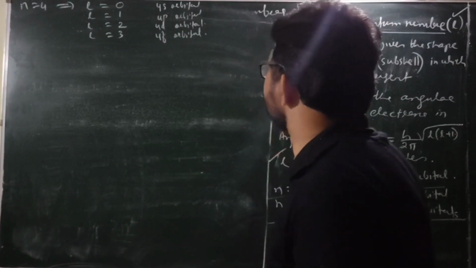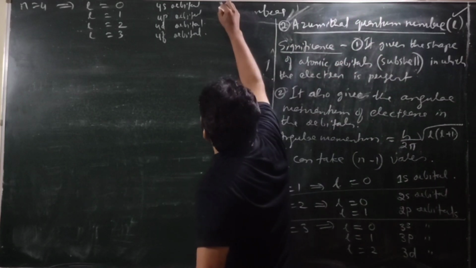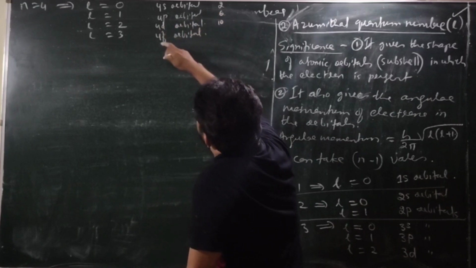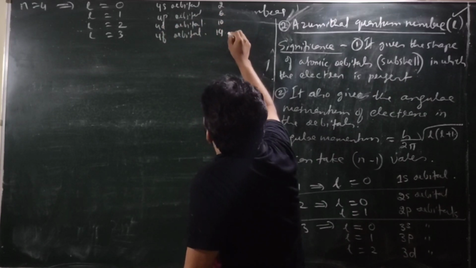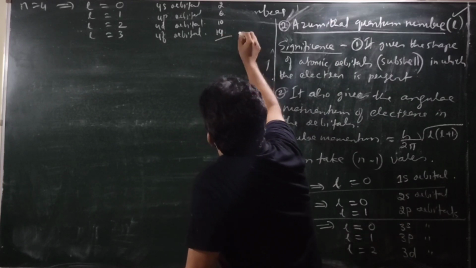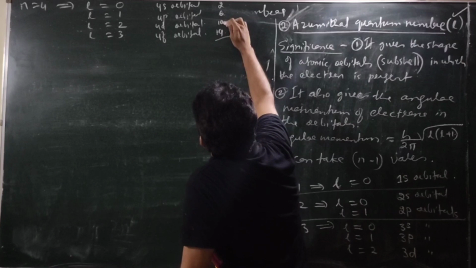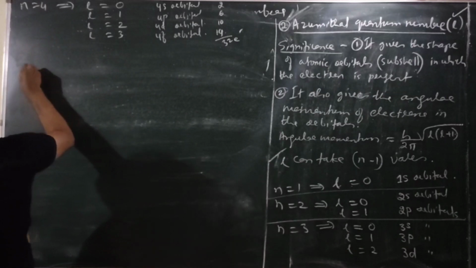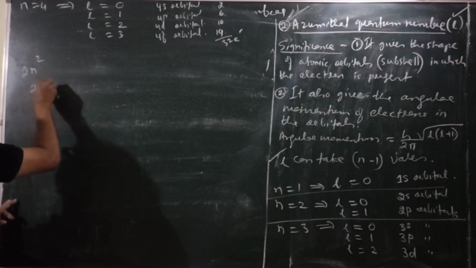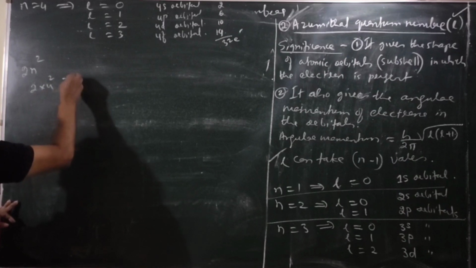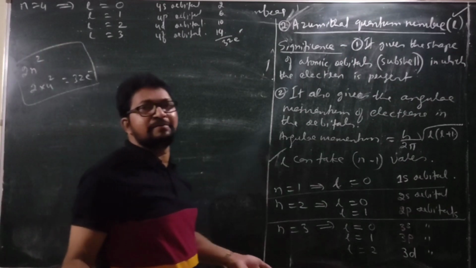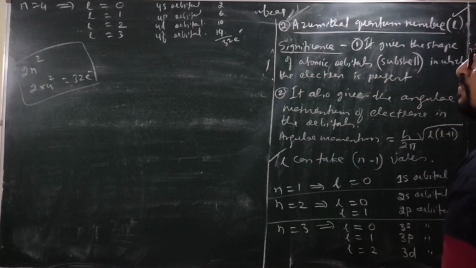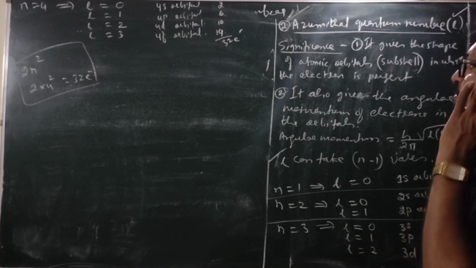Why? Because of the maximum capacity of electrons. Try to write 2 electrons, 6 electrons, 4d 10 electrons, 4f 14 electrons. Total: 14 plus 10 is 24, 30, 32 electrons. Now n equal to 4, where will you apply 2n square? 2 into 4 square, 16 into 2, 32 electrons. I have given you the entire picture of the distribution. Correct now? How are the 32 electrons distributed?